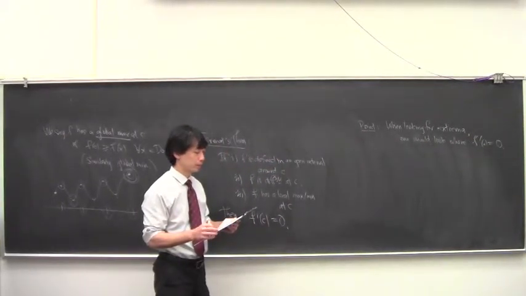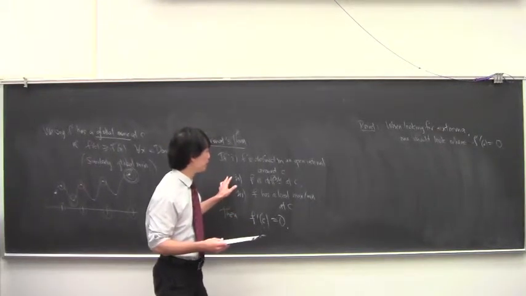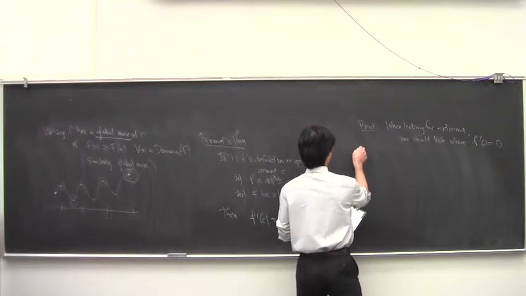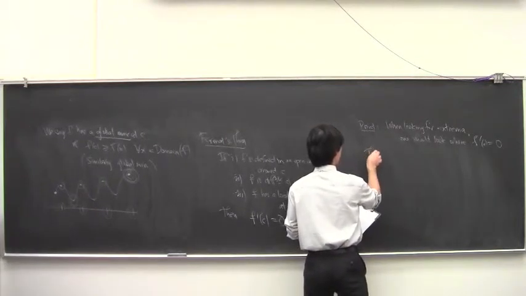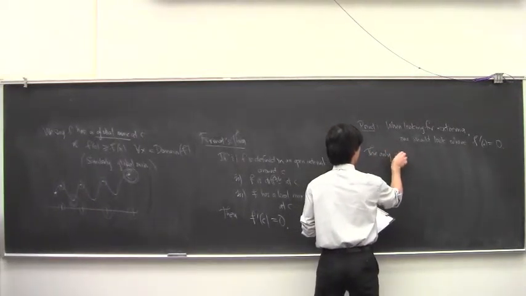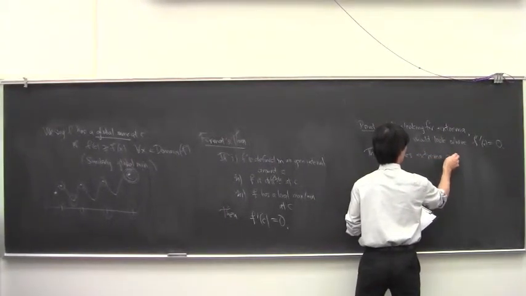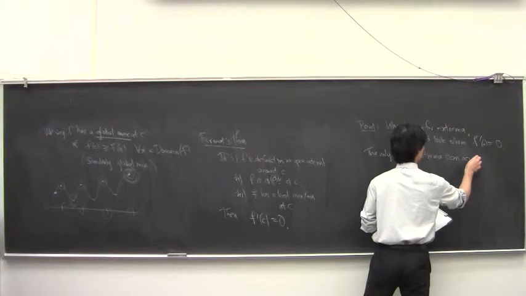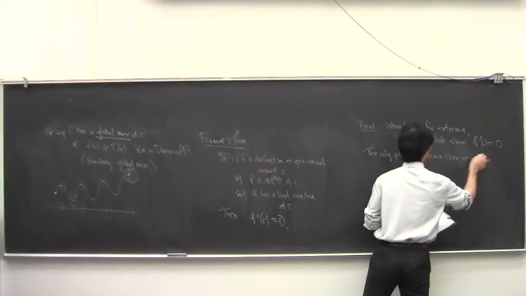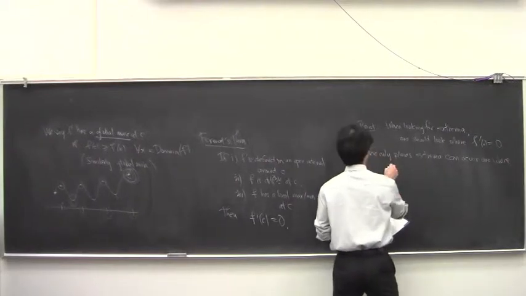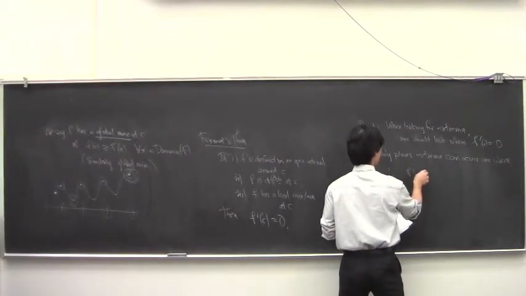What the theorem says is that the only places extrema can occur are where the derivative is 0,